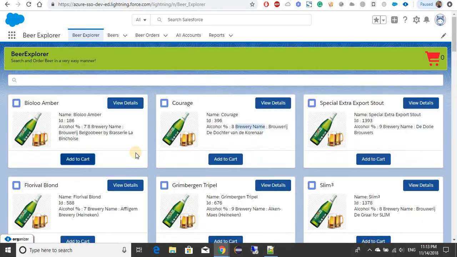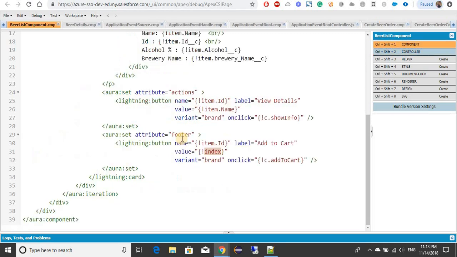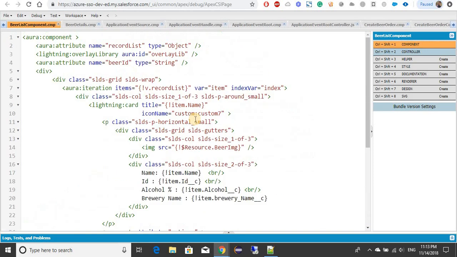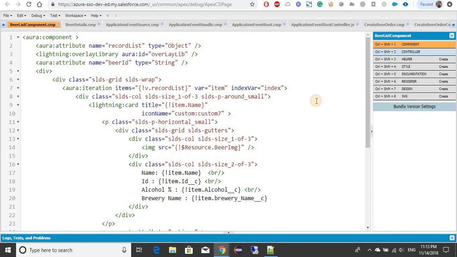So yep, that seems cool. Now what we need to do is remove the alert here, and then here put the BR tag. Yep, now it will look okay. So now what we need to do, as the cart info component is a different component, and here